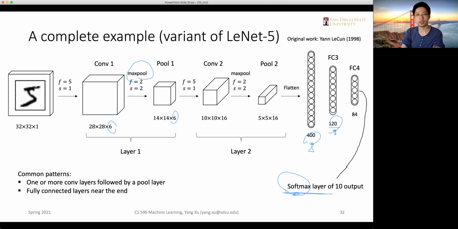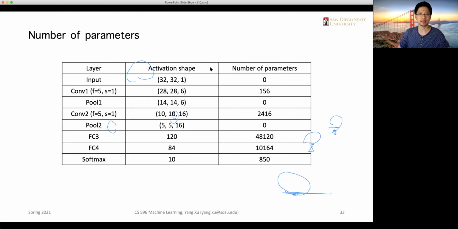This network is basically the original work proposed by Yann LeCun in 1998, and it's still a very classical model for simple image classification tasks. It also provides a paradigm that most modern convolutional networks follow. All right,